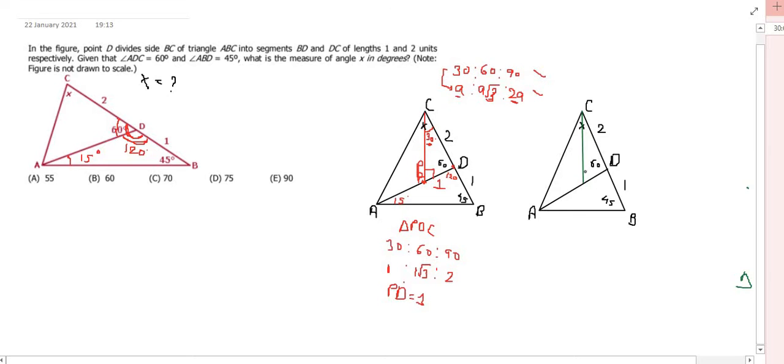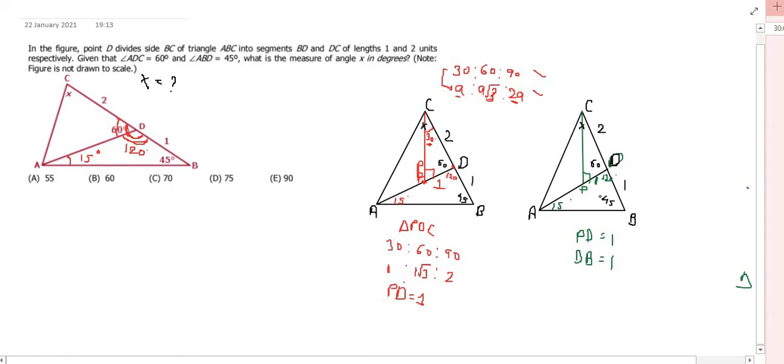Alright, so now we already know that this is 90 degrees here, and we know this length, this is P, so this PD, this is D, so this length is 1 here. Okay, we know this angle is 120 degrees, we know this angle is 15 degrees over here. So what do you see, guys? You see that PD is equal to 1 and your BD is also equal to 1. So PD is equal to 1, we just now concluded, and your DB is also 1. So what do you think?